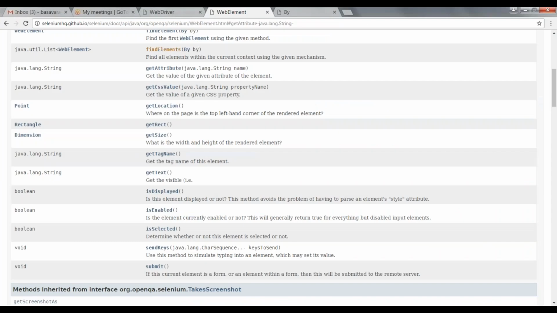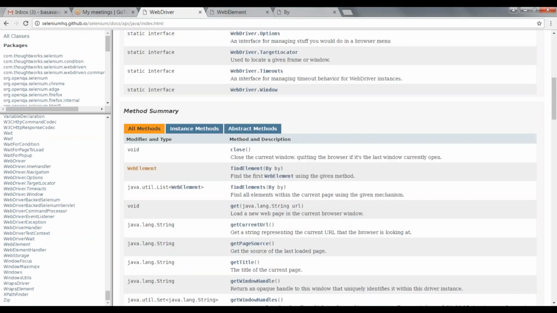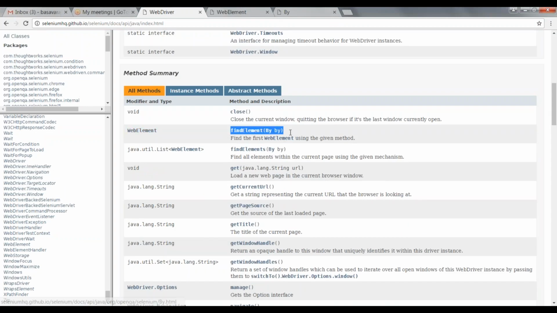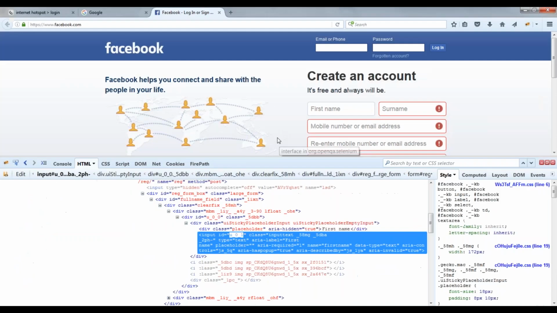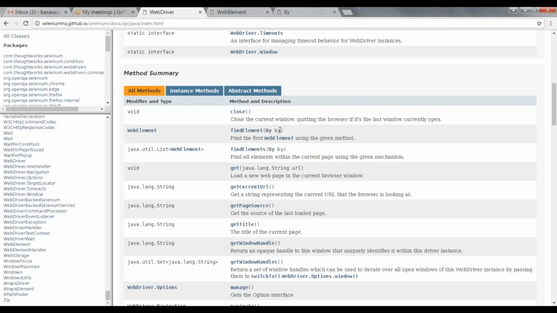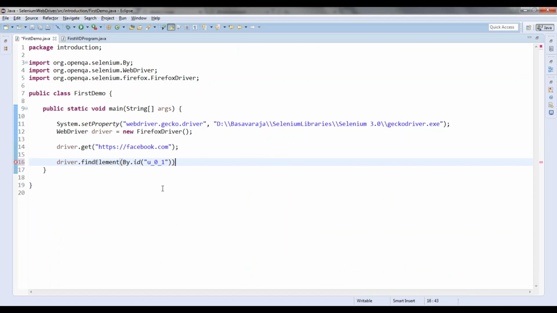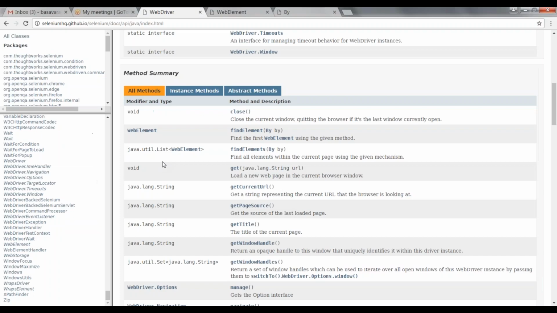Inside the WebDriver, I have find element. This find element will return the first occurrence of the web element, based on the values I am passing through By. By ID means in the HTML, it will search for that particular element with the ID equal to whatever I have specified here, and it returns that web element, right?